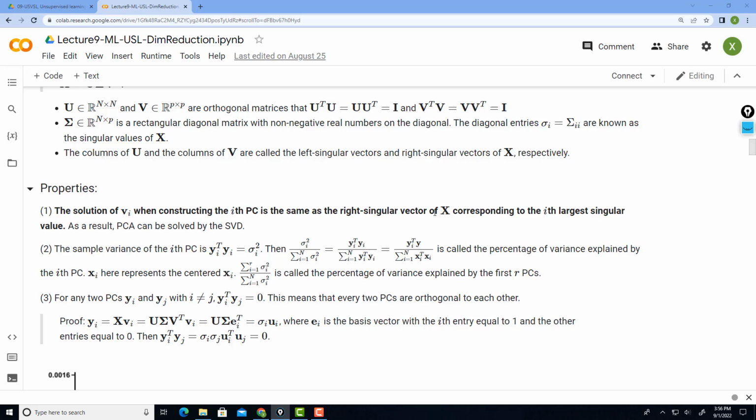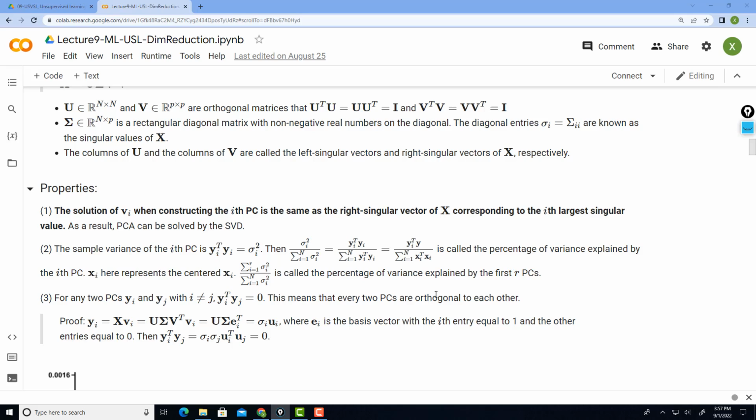We already said about this. The corresponding principal component is the right singular vector of X, or right eigenvector of X transpose X, with respect to the ith largest singular value or eigenvalue. And if you compute the corresponding variance, or the inner product of the projected score, the principal component score, along these directions, then you can check the percentage of the variance after the projections.